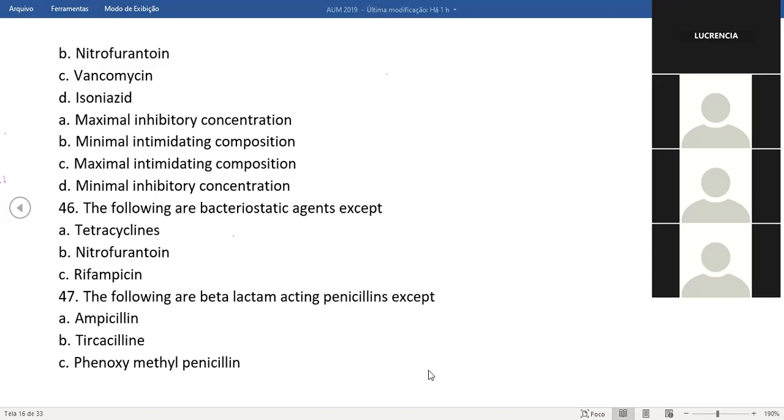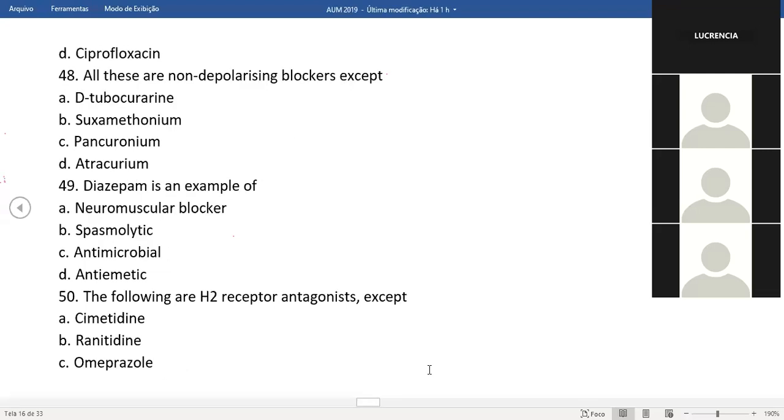ampicillin, ticarcillin, penicillin, ciprofloxacin. Ciprofloxacin. Yeah, what class is ciprofloxacin? Fluoroquinolones. All these are non-depolarizing blockers except